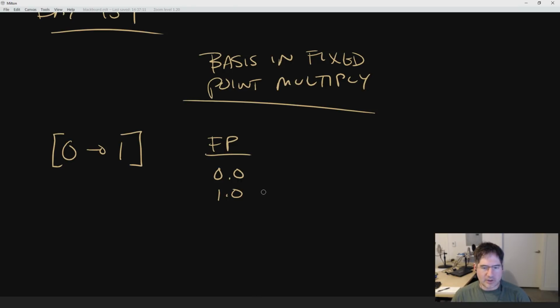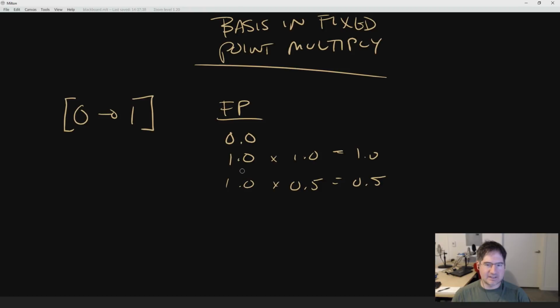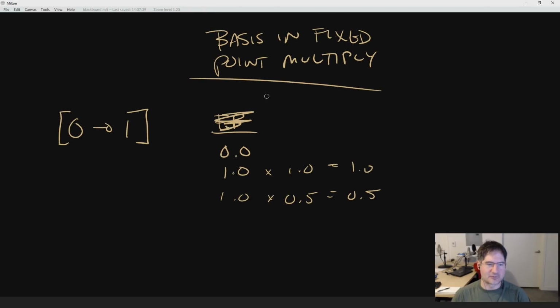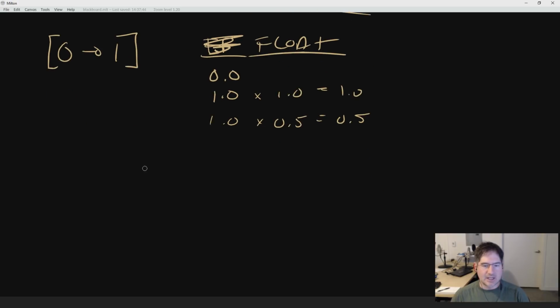So 1.0 times 1.0 equals 1.0. 1.0 times 0.5 equals 0.5. These are exactly what we want to have happen. Half of the 1.0 is 0.5. But what happens in fixed point, let me just say, in float. But in fixed point,